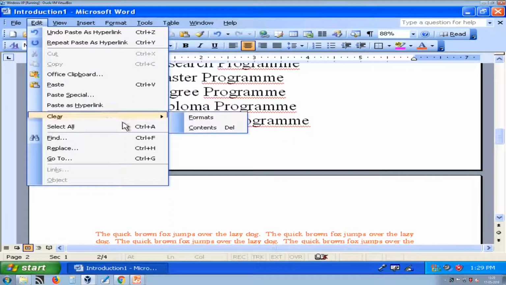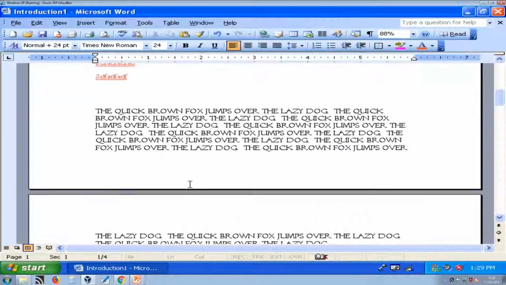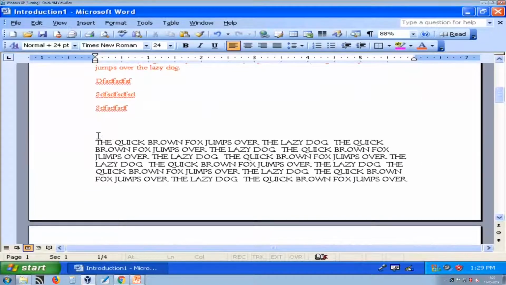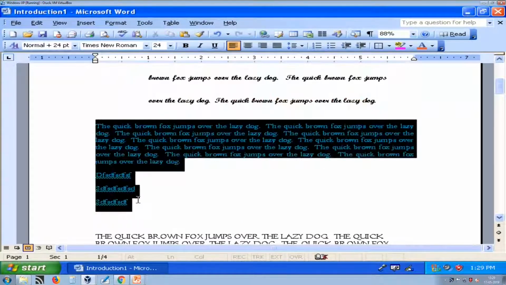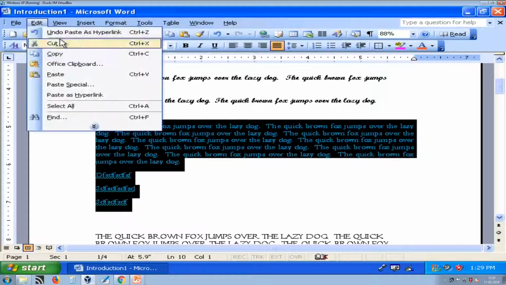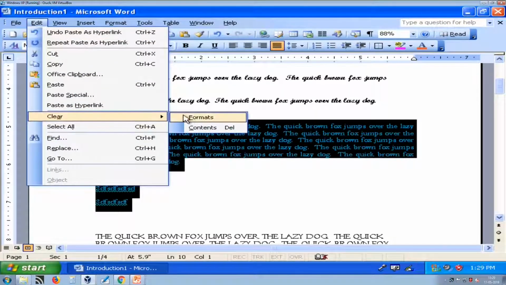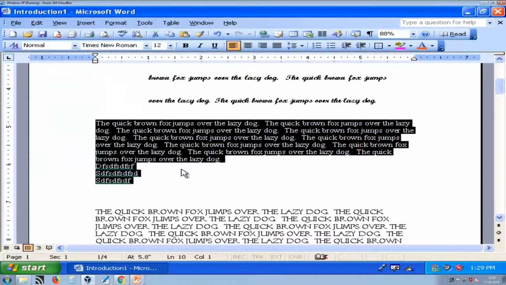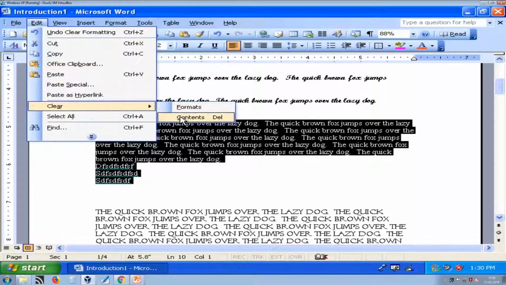Now, clear means delete. Suppose I want to just remove formatting from this text. So, what I can do is edit and then clear formats. It just removes formats, it does not delete your content. If you want to delete, either choose clear contents or just press the delete key.